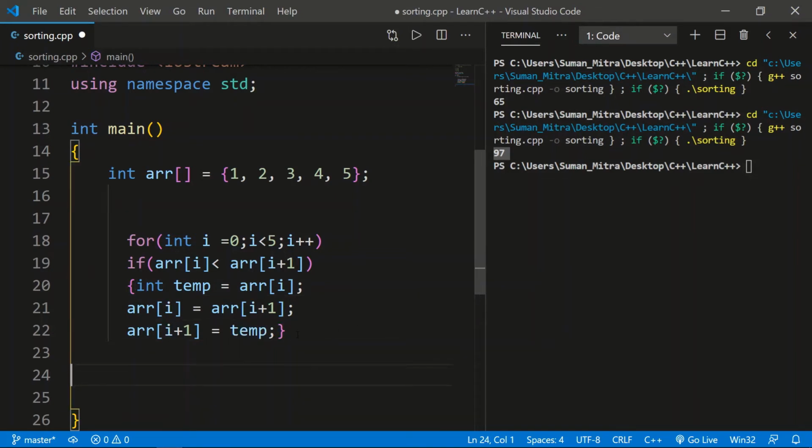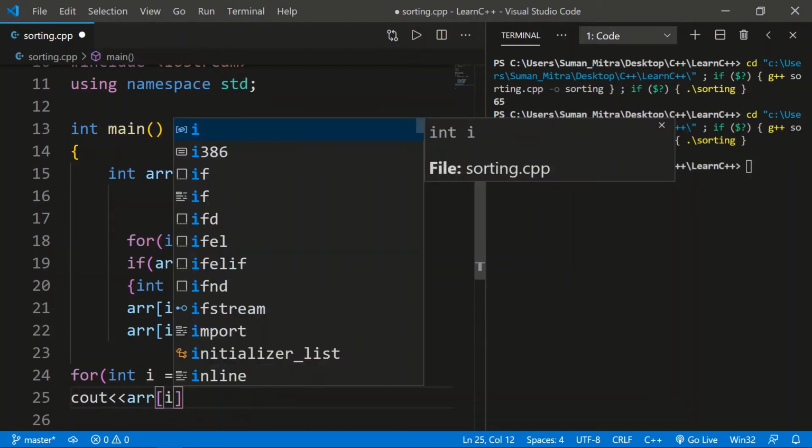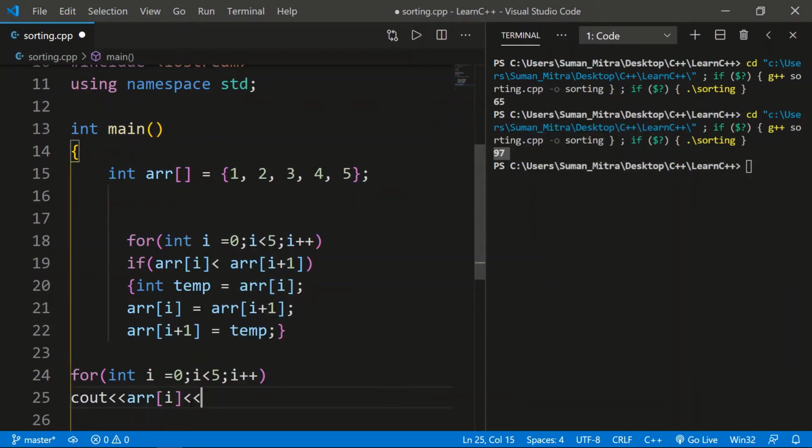Okay, now if you just print this out, I'll show you there is a lot more to do. Just I'll show you how to do. Means what happens if you just print this out. Control C and Control V here and see out ARR of i, and just change the line. If you just run it,